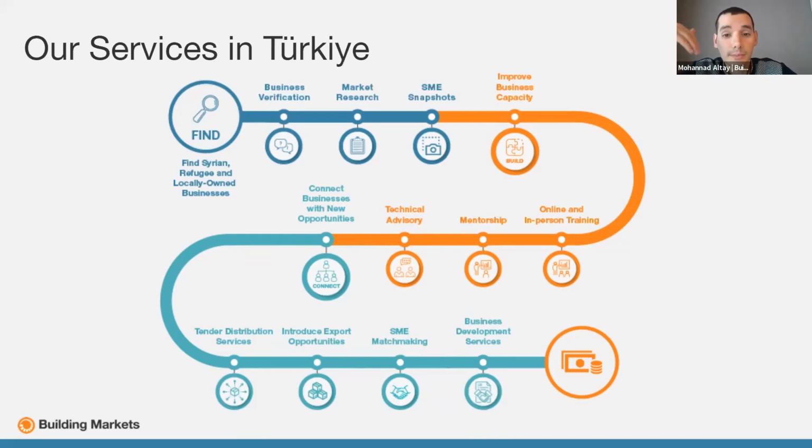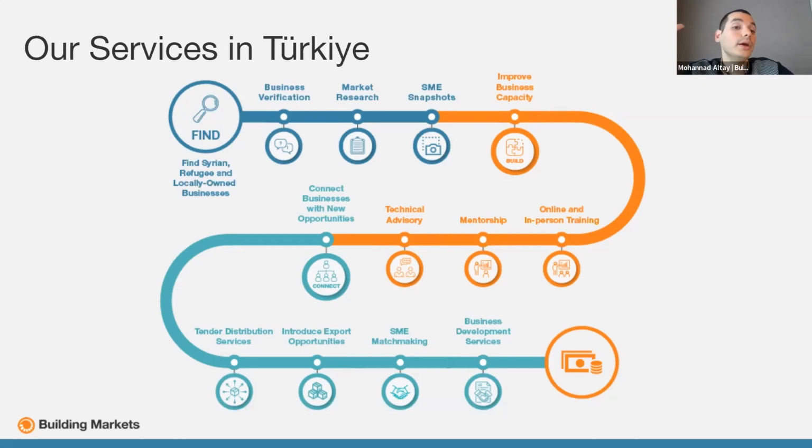The first one is business verification. In business verification, this is where we verify all the beneficiary businesses that we serve. We do this by conducting a verification survey with the businesses. We collect information on them, what they do, and how they do it. Why do we do that? In order to publish research reports on their contribution to the local economy